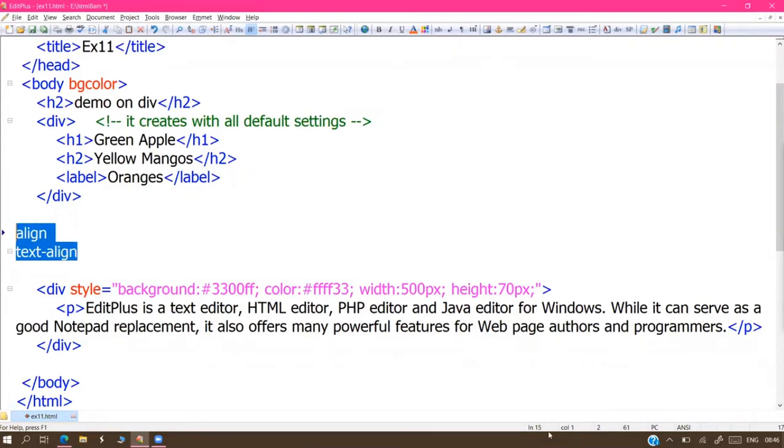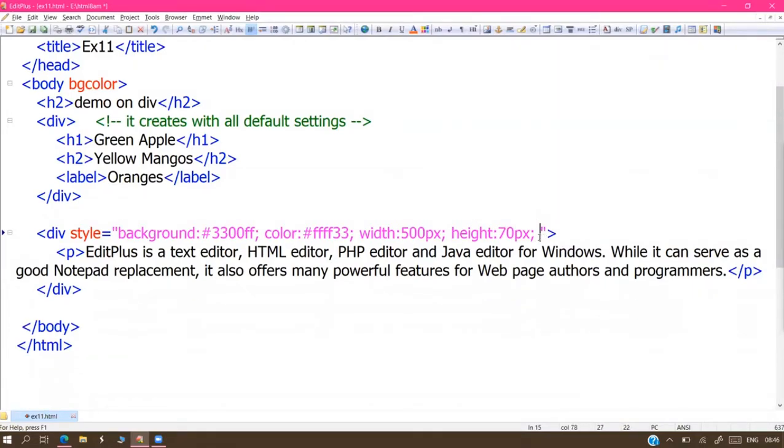Maybe you have some HTML knowledge, and as per my expectation, some of you are also thinking in the same way: both are the same. No, sir. Both are completely different properties, with completely different purposes. Of course the spelling matches, but they are completely different. The alignment meaning is different, and the text alignment meaning is different. One hundred percent, both are not the same. Only the names are matching. That's all.